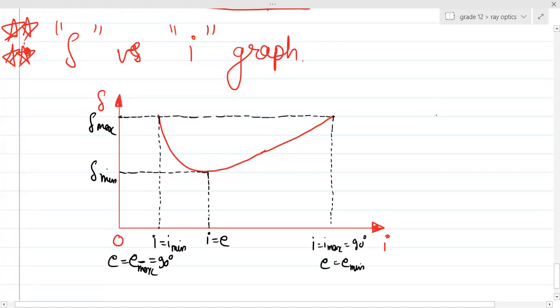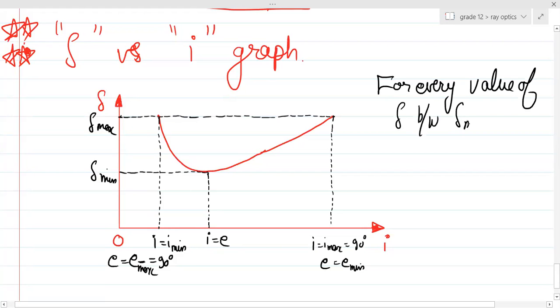Now there are some additional points as well. For every value of delta between delta max and delta minimum. Although delta max occurs at two different values of I, right? Can you see the value is occurring at two different values? When I was minimum, then also delta was maximum, and when I was maximum, then also delta was maximum, right? So for every value of delta between delta max and delta min,